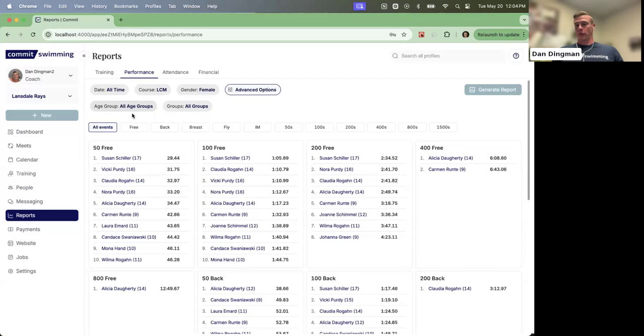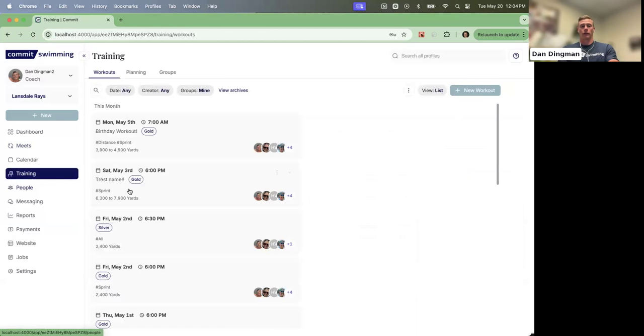I'm not going to go through every feature that we have today in here, but I do want to share some of the newer updates. We've been pushing out a lot of new improvements in Commit, and we have a lot more planned for the rest of this year on our immediate roadmap. So on the training section itself, we have a new look and feel for the workouts, but the most important new features here, in my opinion, are the search.